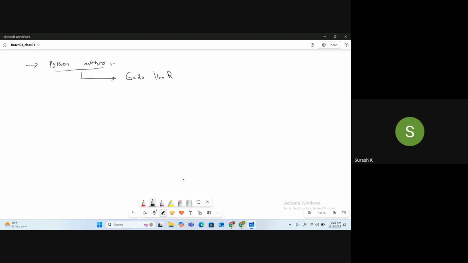Guido van Rossum. He is the author of Python.